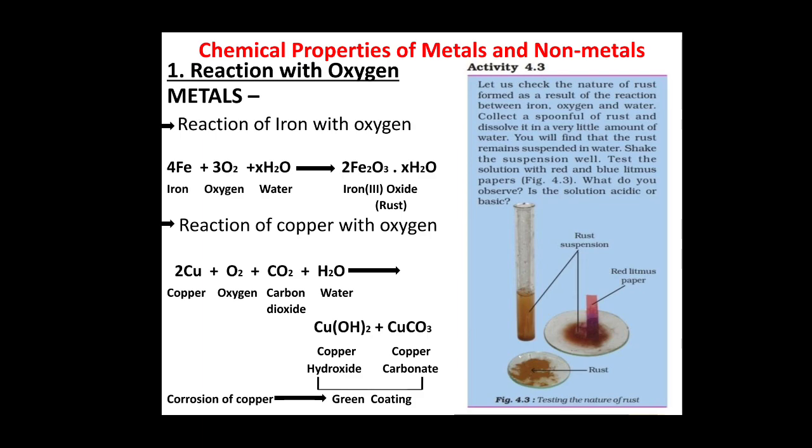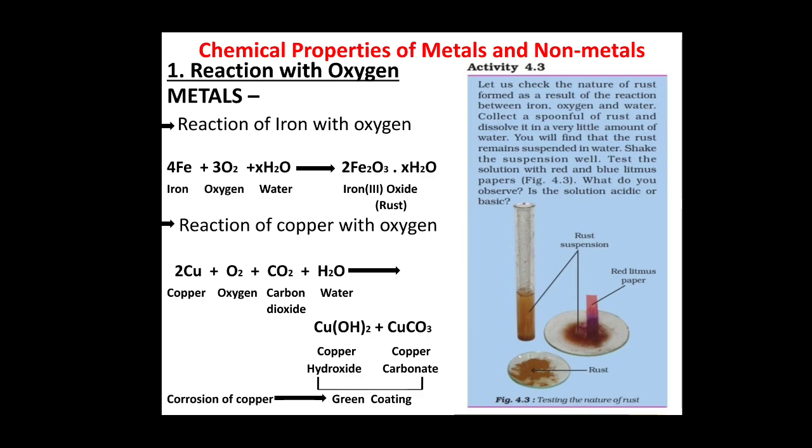Children, you can see here X, right? So, what is the number of particles being used? We do not know here. So, if X number of water particles is there on the reaction side, that will be there on the product side as well. For balancing purposes, we have done this, right? So, this is the reaction for rusting.